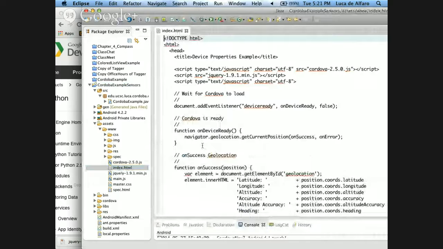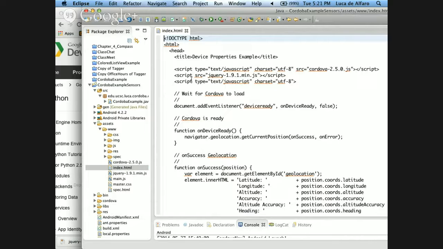Then you can put in supporting JavaScript, for example, to load jQuery, which is a very popular JavaScript library. You can load other libraries, etc. It's as if you are building your web server here to describe how to bring up the screen on the phone.